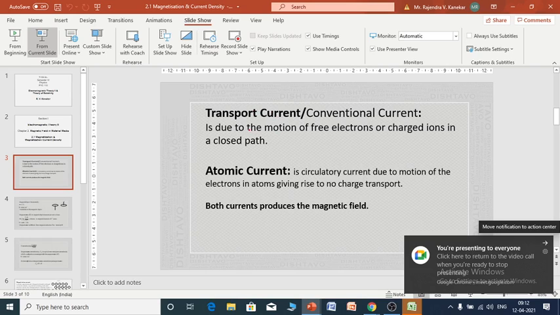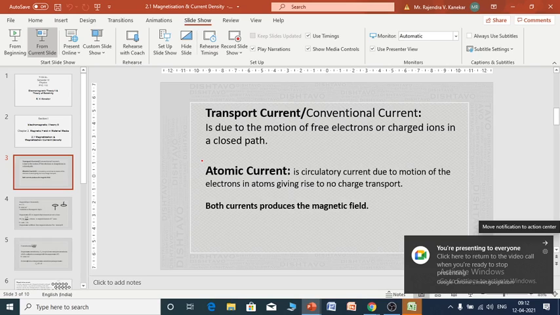So the electron which is orbiting around the nucleus is like a current carrying loop. So it should produce the magnetic field. Now this current, because of the circulating electron, is called atomic current. Now it is different from the transport current because in this case electrons are circulating in the same region. It is not taken from one point to the other point. So this is another type of current. Now this atomic current will be responsible to produce the magnetic field in a bar magnet or any magnetic